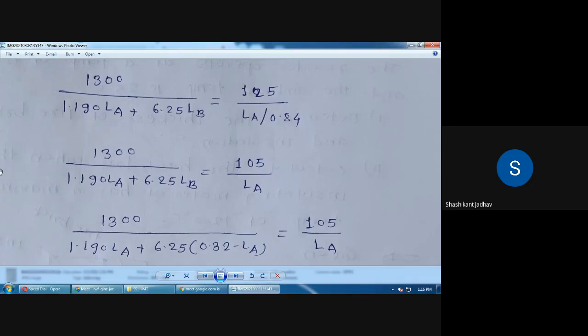Find out the value of LA and LB from this equation. First, we get the value of LA, the thickness of layer A, that is the fire brick layer. Tell me what is the value of LA and LB. Samruddhi has calculated the value of LA, that is 0.113 meter. From that we have to calculate the value of LB, because LB is equal to 0.32